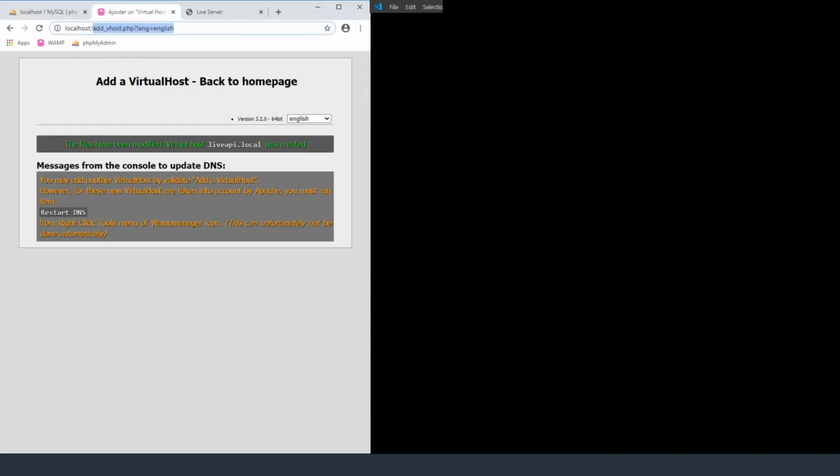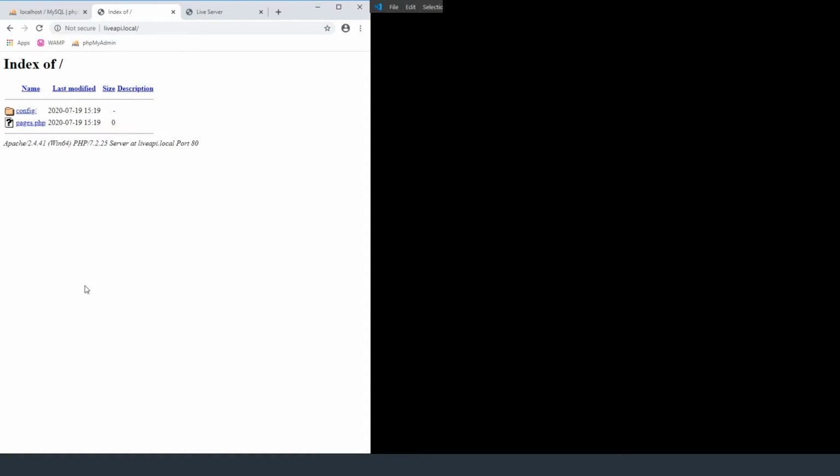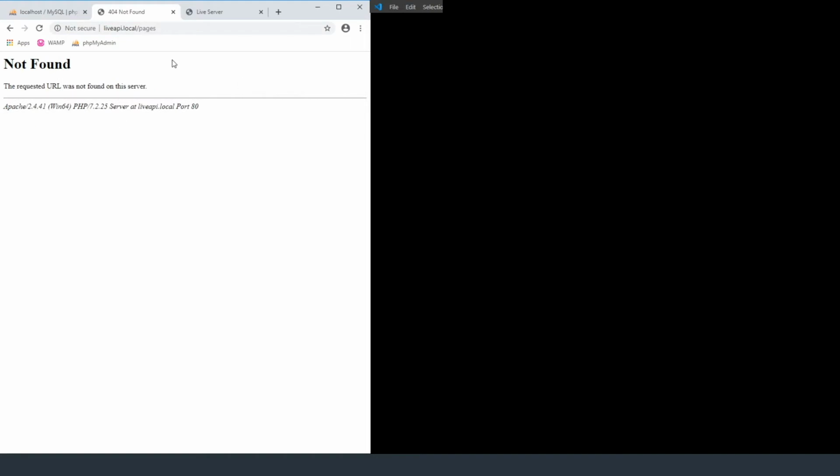And now if we go back to our localhost, now we can browse out to live API.local, and as you can see here, it's actually hitting this PHP file. Hold on, let me think about something. It should not be, well, it's because there's no index.php page. So it's displaying the pages. So if we actually click on pages.php,